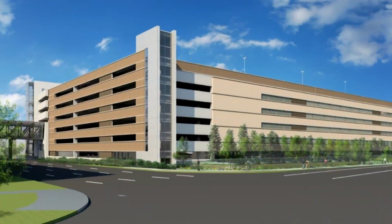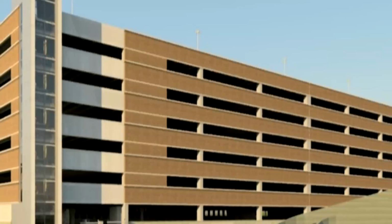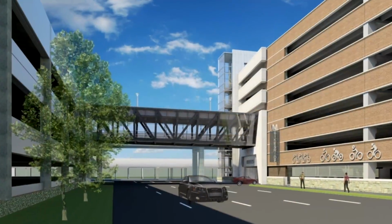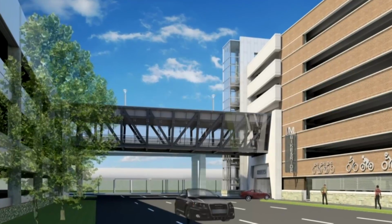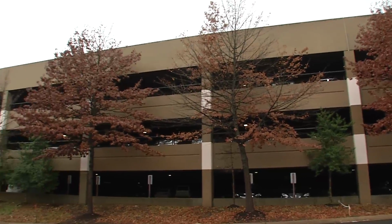The Herndon Station Garage is a new addition to the existing Herndon Monroe Park and Ride facility to provide additional commuter parking opportunities. The new Herndon Station Garage has 2,006 spaces on 7 levels, and it has secure bicycle storage at the lower level with accessible parking spaces, and it connects to the existing Herndon Monroe Park and Ride facility